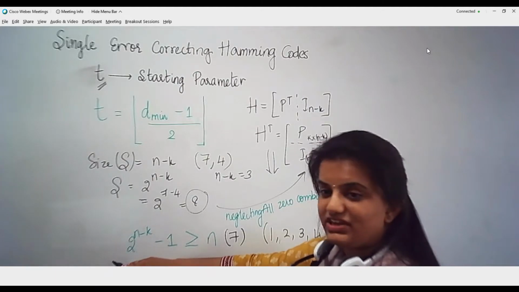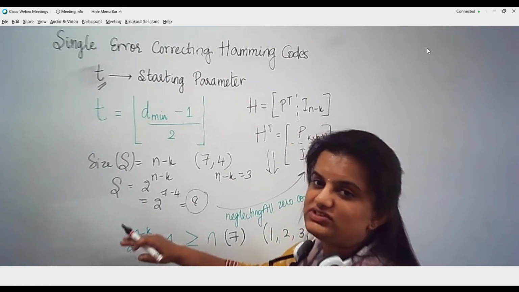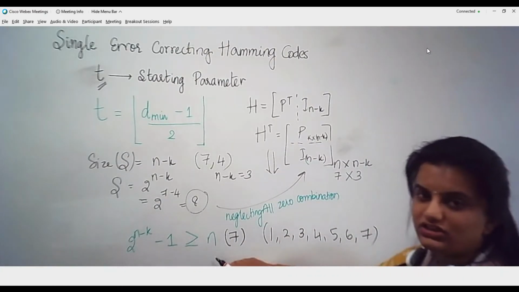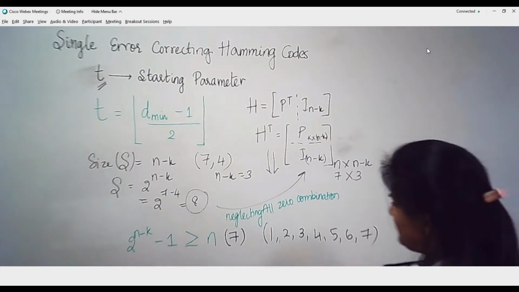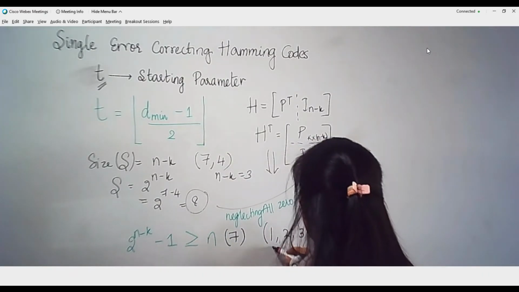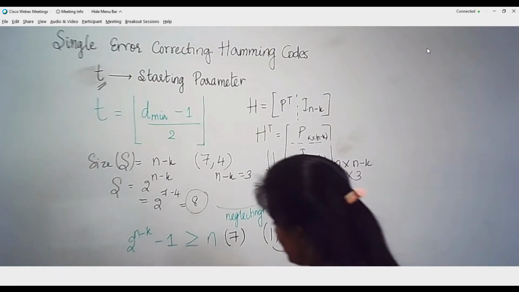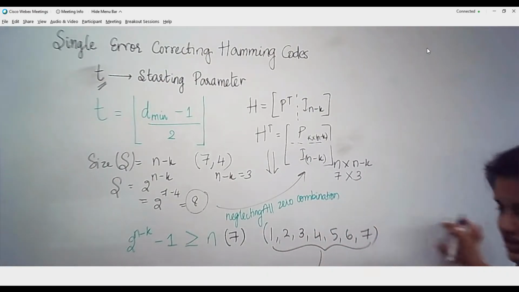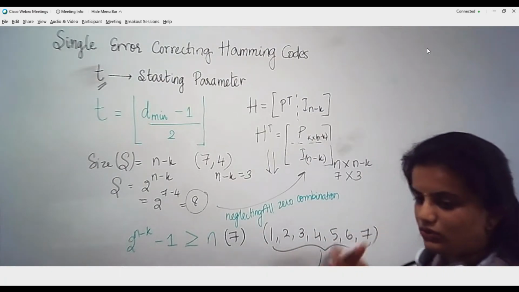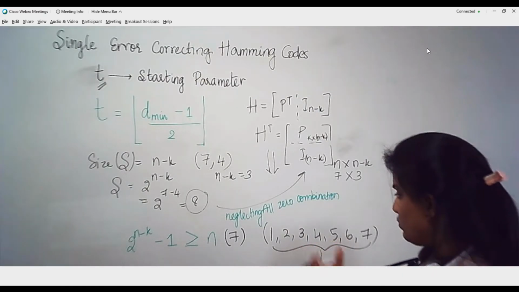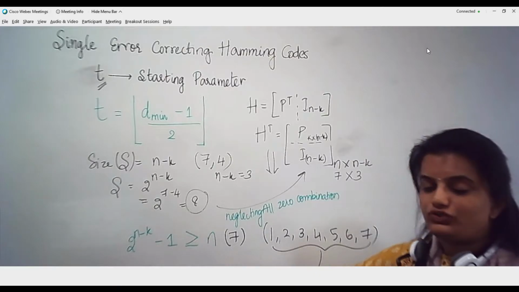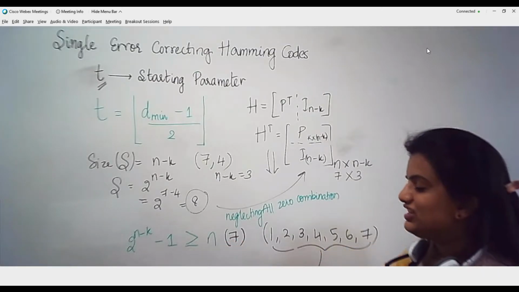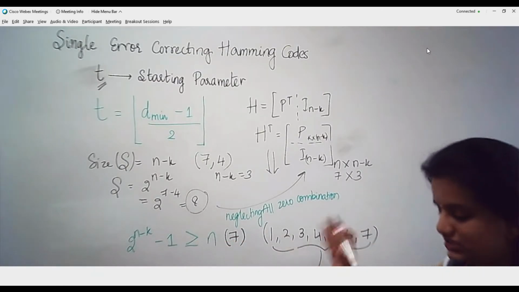Whenever I am considering a syndrome combination, the number of syndrome combinations should always be greater than the number of bit locations or the number of error locations, which is quite obvious. If there is a larger set of syndromes and you are able to map one of the locations into it, it is very good, because I can accommodate even more possible errors. If I want to expand, I will still be able to fit in and recognize where the bit has ended up in an error.